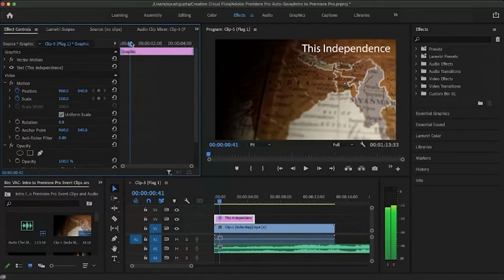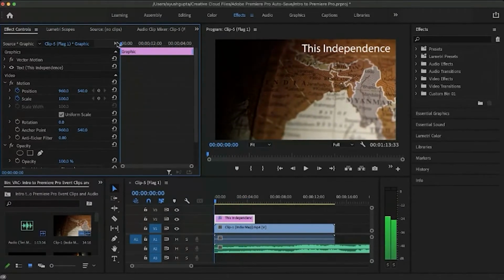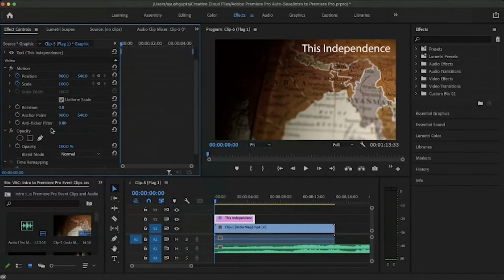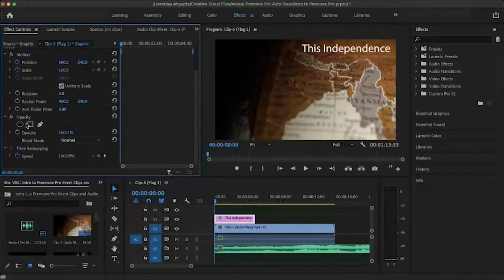But I want this text to fade in and fade out. So I have to play with the opacity of the text. So this is the opacity. And to do the keyframe animation of the text, I'll click on the toggle animation bar of opacity.